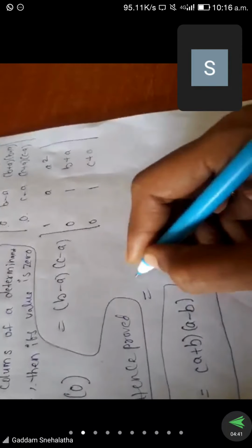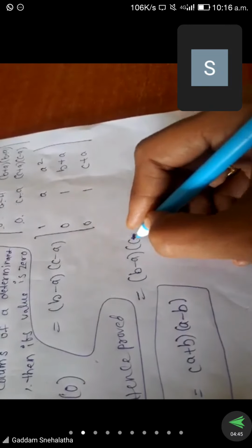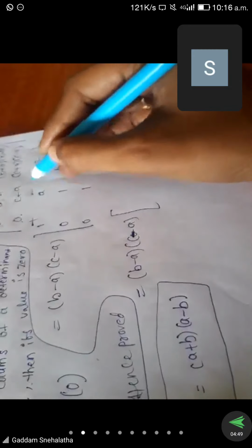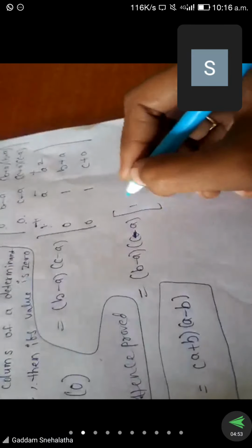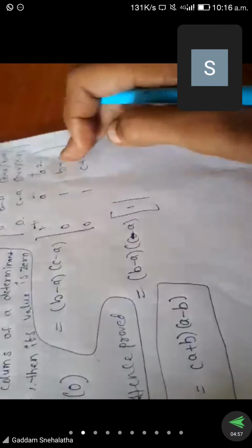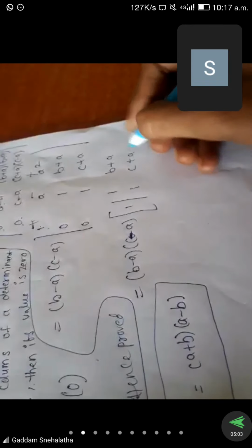So now we all know how to do the determinant. So now we do the determinant for this: c minus a into, so plus minus plus, so plus 1 of. So what are the remaining? This column and this row we should give. Remaining are what? 1 into b plus a, 1 into c plus a.